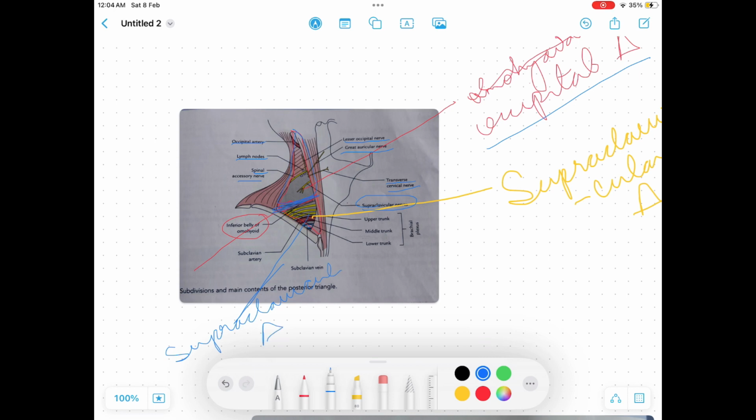It contains subclavian artery, subclavian vein, and the brachial plexus. All the 3 trunks: upper trunk, middle trunk, and the lower trunk. So students, these are the contents of the posterior triangle. If a question comes on posterior triangle, you are supposed to write the content of the posterior triangle, that is both occipital triangle as well as supraclavicular triangle, along with diagrams. Okay,